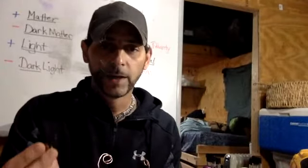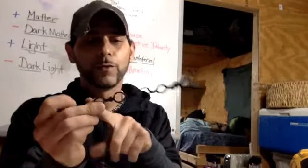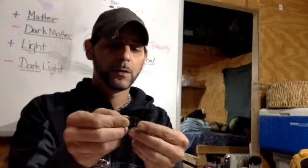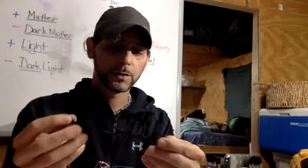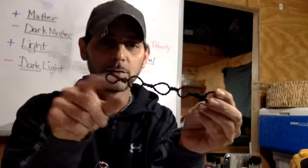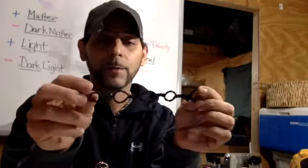But given my new information, I've got a whole bunch of these. Okay, and this one's got 1, 2, 3, 4, 5. 5 is the same as the 5-pointed star, the pentagram. Okay, and from the looks of this, there are 1, 2, 3, 4, 5, 6. There are 6 field interactions. So that means that there are 6 wires in every one of these. Okay? So 6 wires times